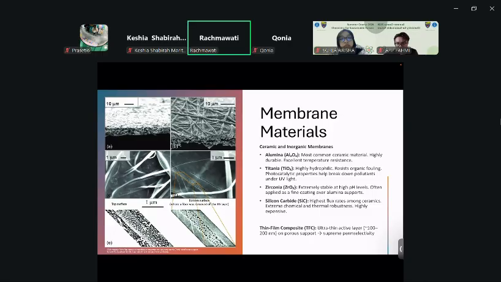And then there are also thin film composites. Now they even want to combine organic materials with inorganic materials, because we know that when we combine them, we might have a composition in which they are compatible with one another, and they can produce very strong or superior characteristics compared to their precursors. These thin films are around 100 to 200 nanometers, so very thin, and sometimes used on a porous support,